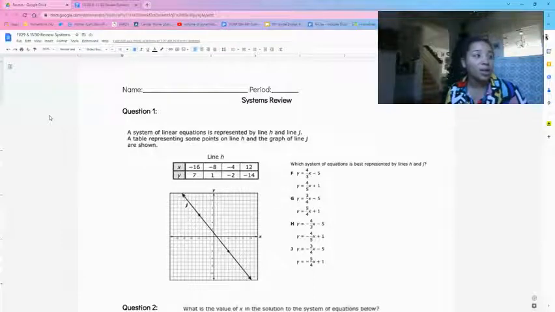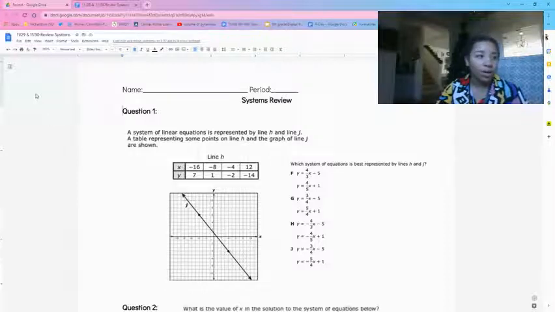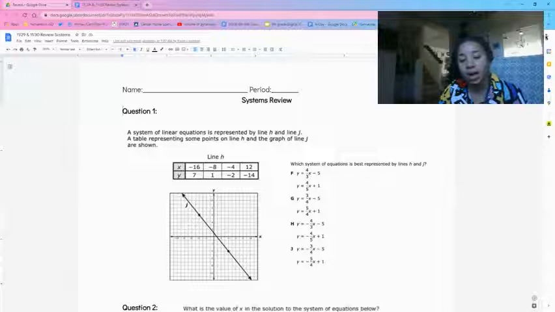Okay, so question 1. Systems of linear equations is represented by line H and line J. The table represents some of the points on line H and the graph on line J are shown. So which system of equations is best represented by line H and line J? The first thing we've got to do here is figure out what the equation is for this one. You can do this by stat edit,